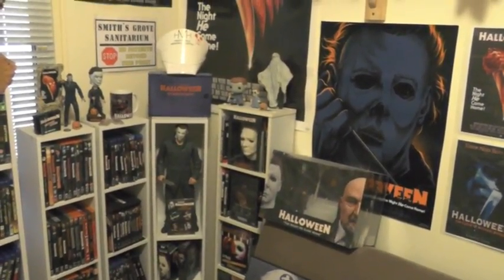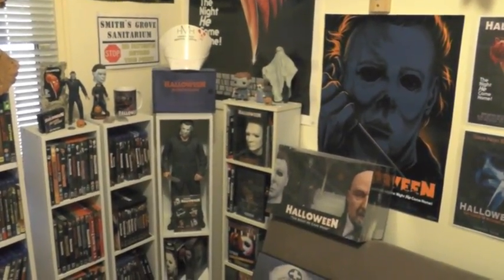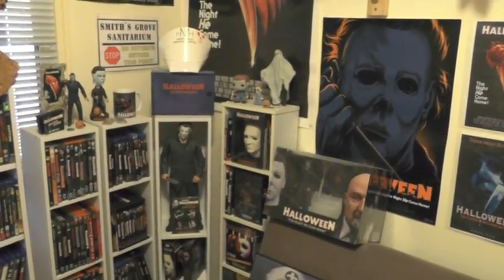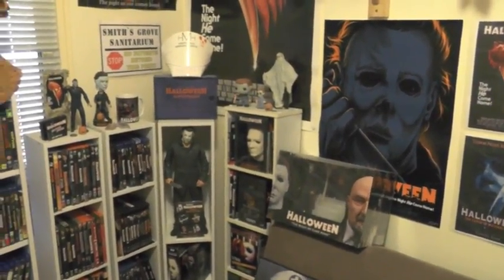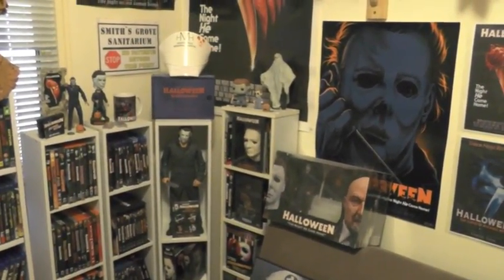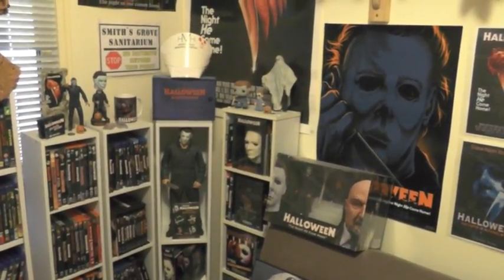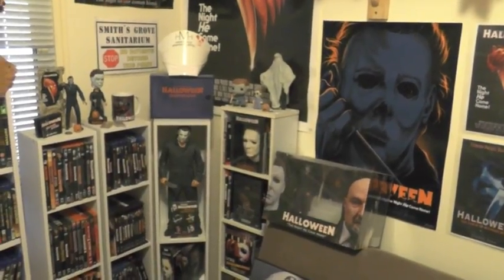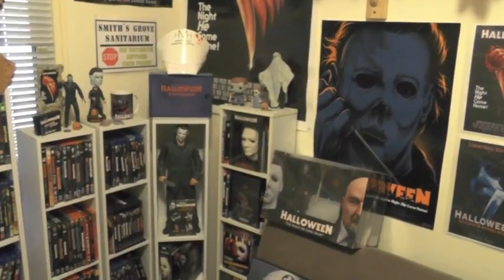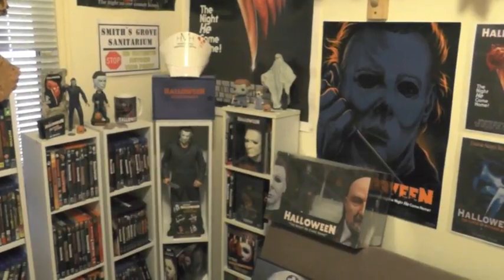Companies have lost the rights to the Michael Myers figures, it seems, for the most part, like I believe NECA has. So they're really not releasing too much stuff, which is a shame, because I'm noticing Jason Voorhees and Leatherface especially are getting a lot of releases. But hopefully next year, with the 40th anniversary of the original film plus the new movie coming out, we see some different figures coming out, and I'm really hoping that we get a 4K Ultra HD release of the original